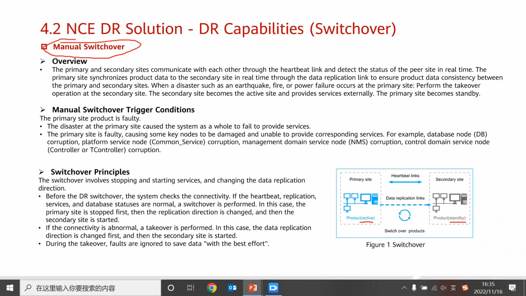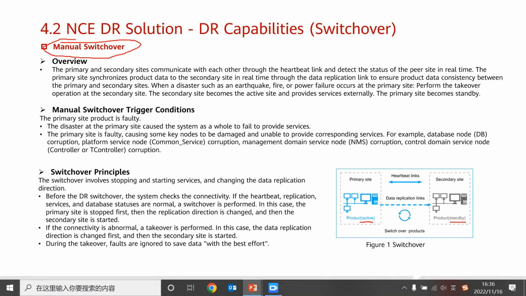For the manual switchover, when the disaster happens, an engineer is going to go onto the DR management system and do the switchover. If the primary side is faulty, causing some key nodes to be damaged and unable to provide corresponding services, for example, a database node corruption, a platform service node corruption, a common service node and a management domain service node corruption, the NMS node, or a control domain service node, the controller or T controller corruption, these should